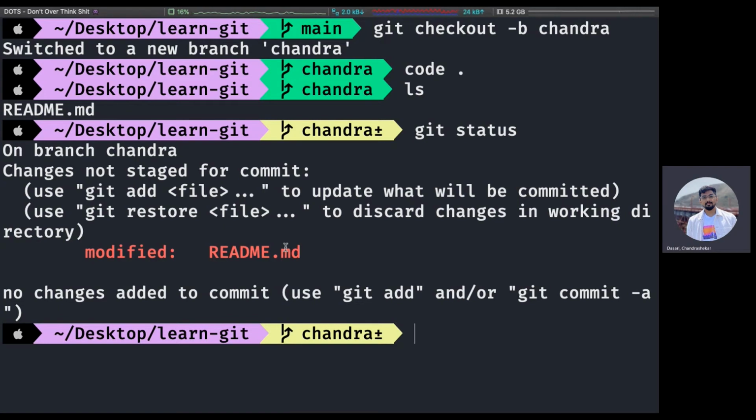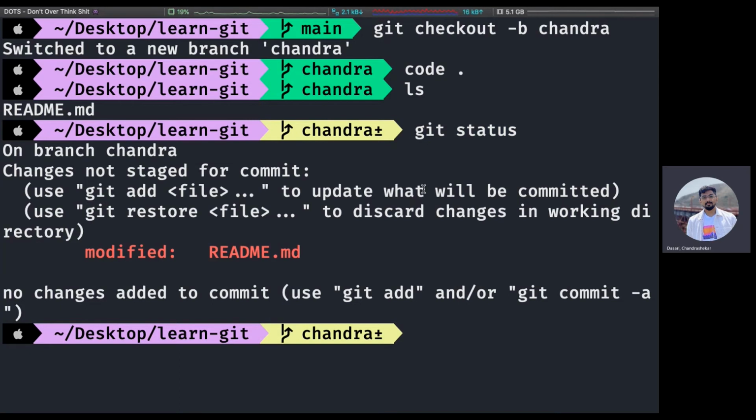Once you make your changes in VS Code or whatever code editor, just save the file and then close it. That's all you need to do. Then go back to your terminal and type git status. That should tell you everything that's been changed since you cloned it. I modified the README file, made small changes to it. It should tell you what files were added or deleted. That's what git status tells you.